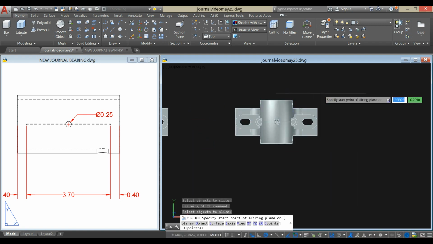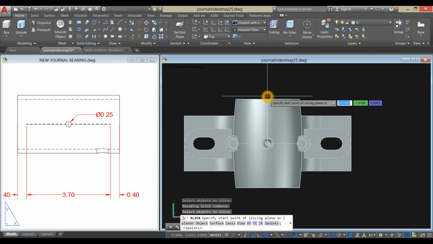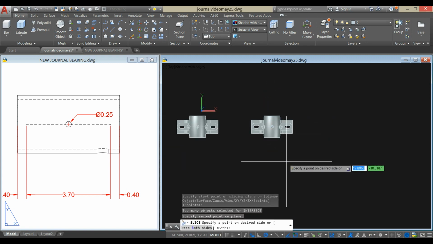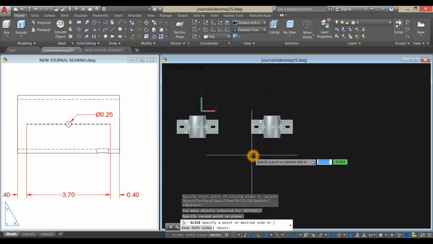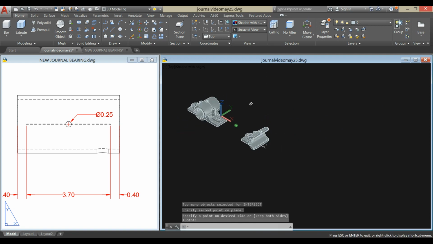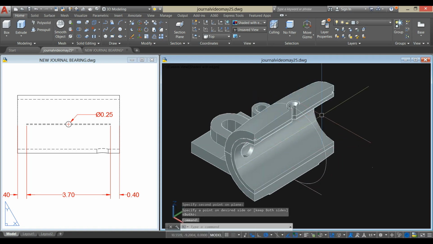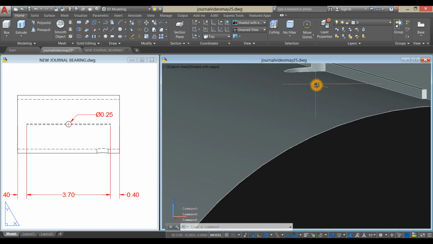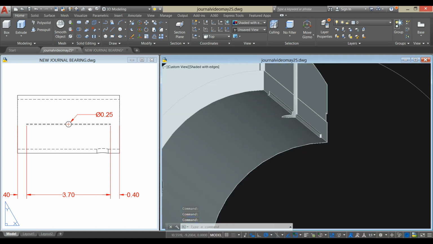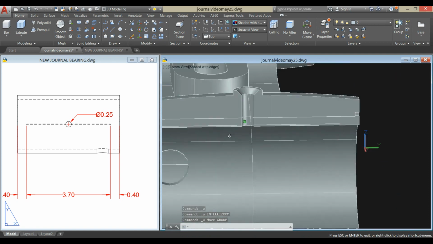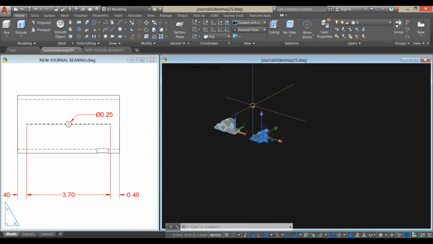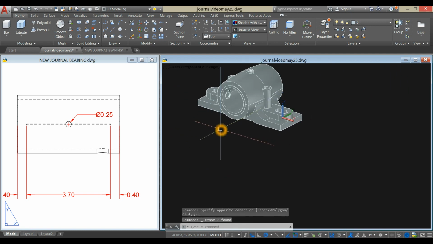I'm just gonna slice this through from this point to this point, and then keep this side so you could see what happened here. That's the indentation we just did, and it fits perfectly. So I'm just gonna erase that one,